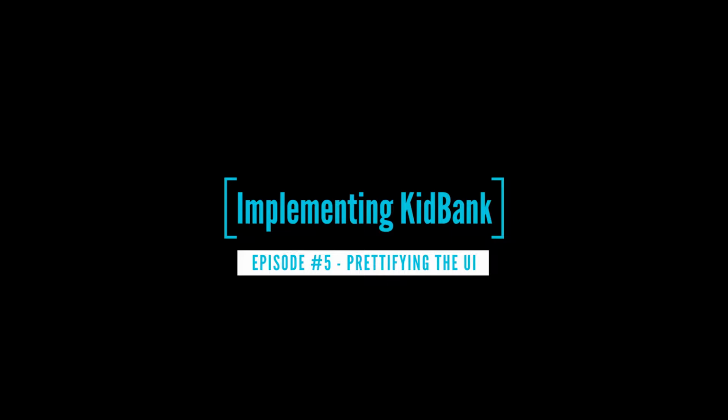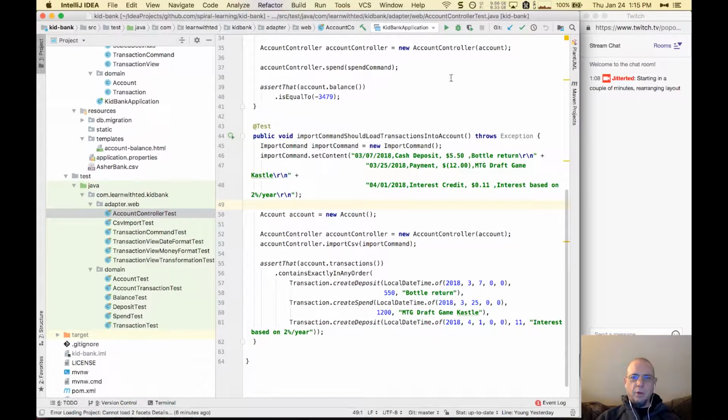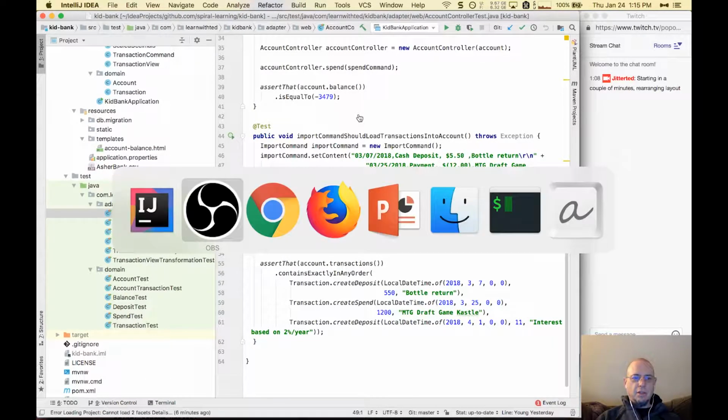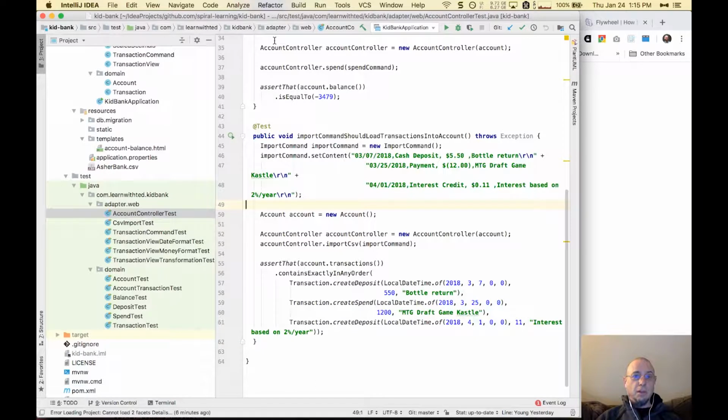Otherwise, enjoy. The plan for today, from last time, we have most of the features we need other than persistence. And so I thought instead of blasting through to persistence, it would be a good idea to actually deploy it. So Heroku is going to be my first target for deployment, mainly because it's so darn easy. Then once that's up and working, the other thing I wanted to do was make the UI